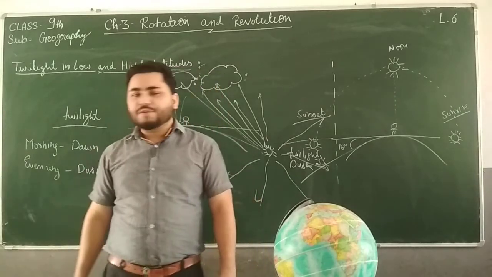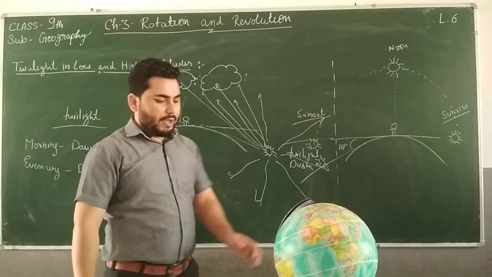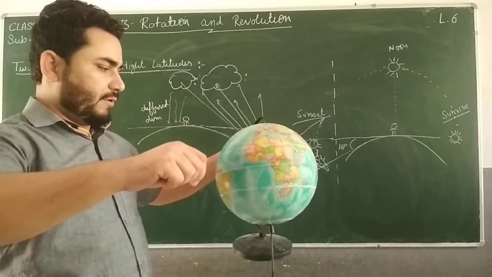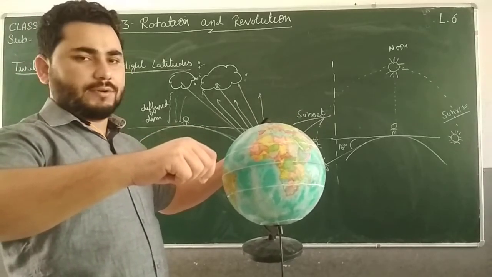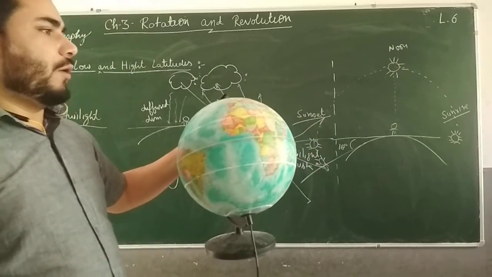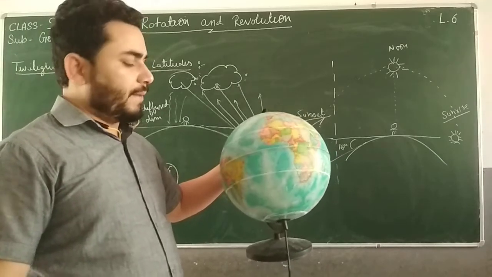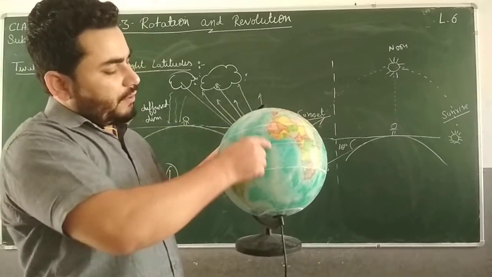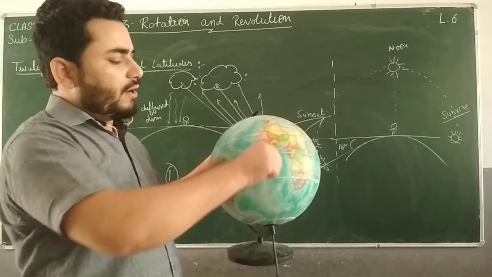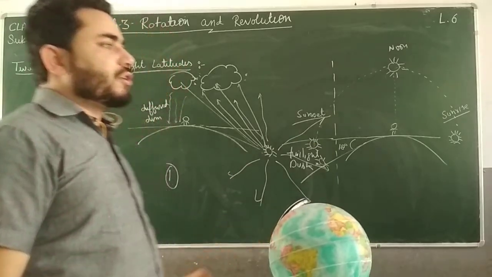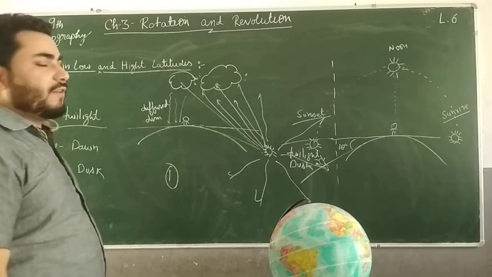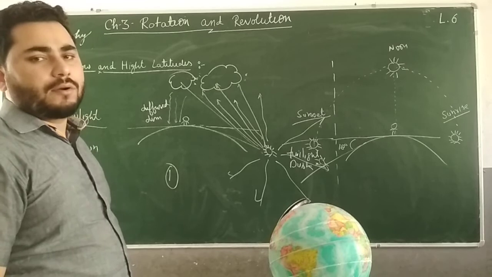Now as we know, at the equator the sun remains vertical most of the time, and at the Tropic of Cancer and Tropic of Capricorn also, sun rays fall at a 90-degree angle on 21st June and 22nd December respectively. So on this area, sun rays fall directly at some time, and particularly at the equator. So at the equator the duration of twilight will be very less, maybe 1 hour.